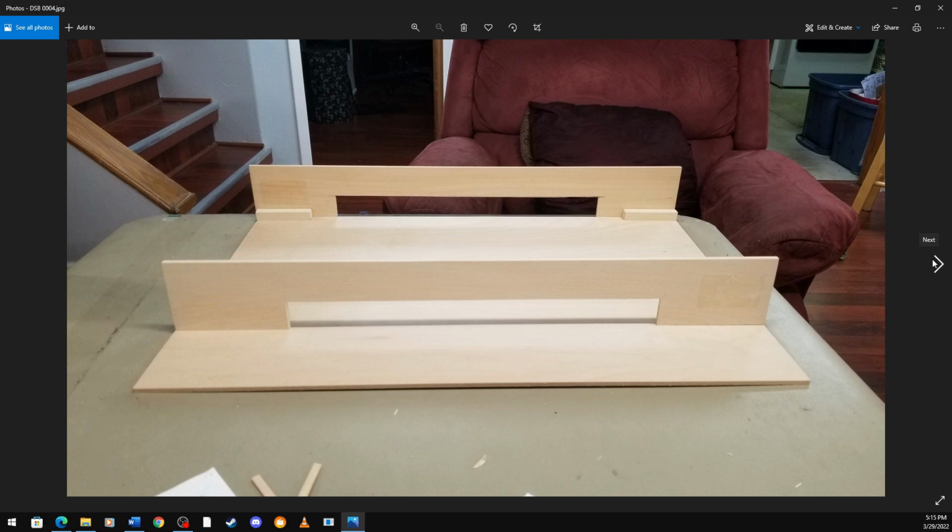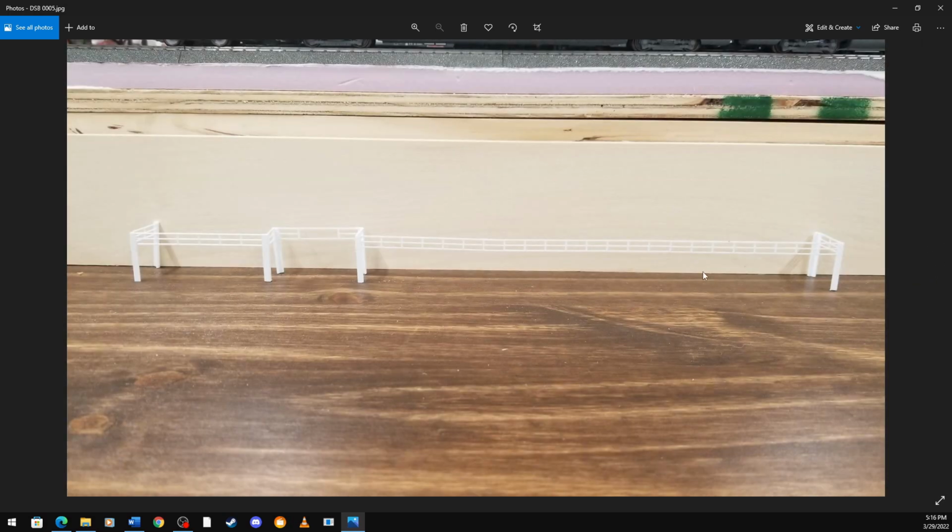So I measured up the correct distance, converted distance to inches, centimeters. I don't even remember if I did a metric. And then I spaced them out, drew the lines, and I connected them to the board. Now once there, I had to do the next thing, which is if you looked at that previous picture,